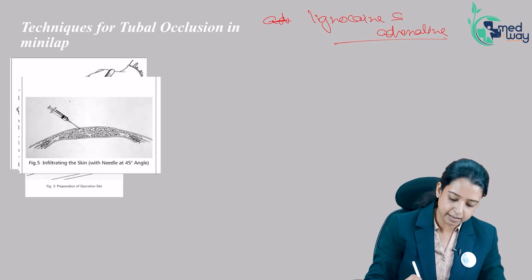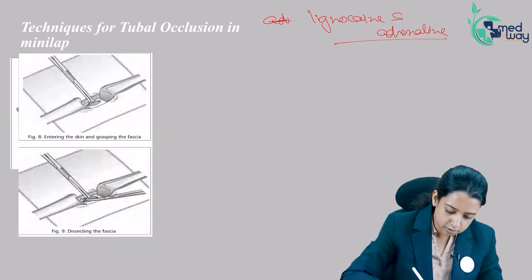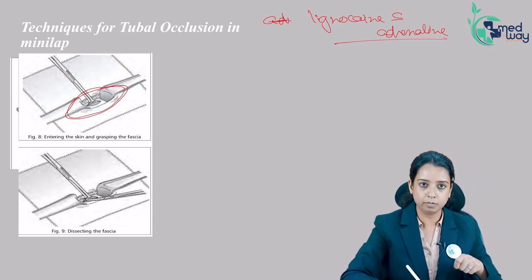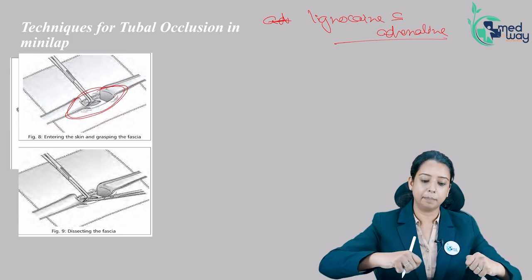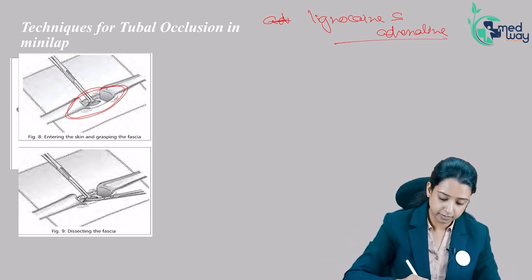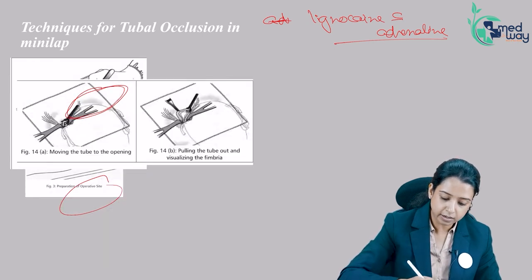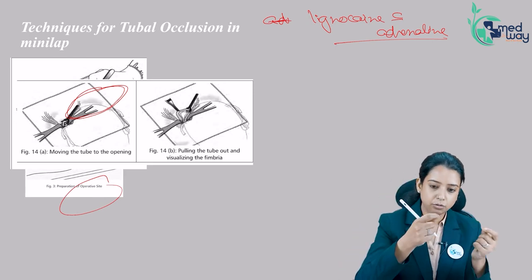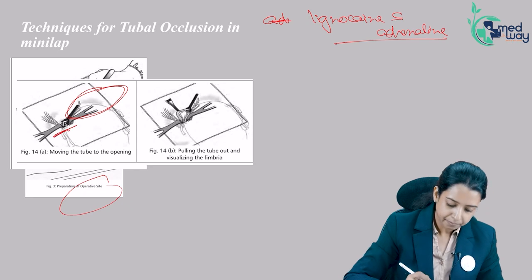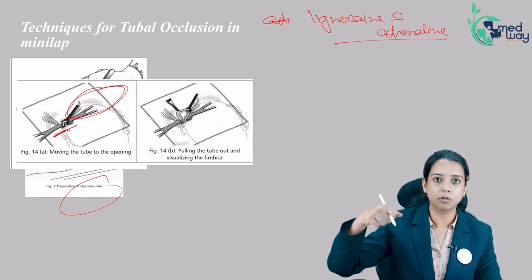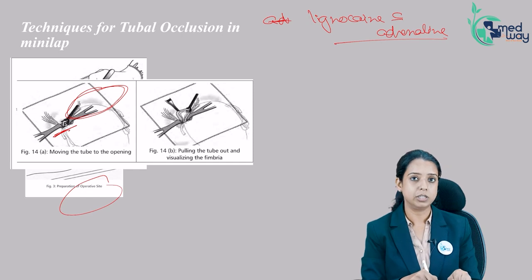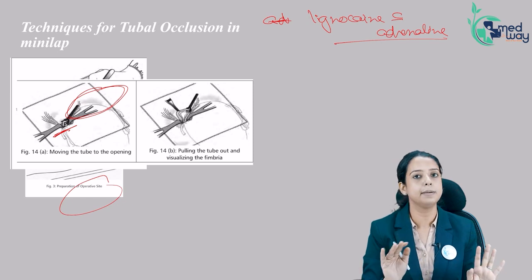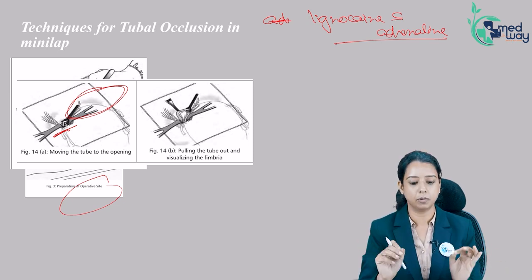You infiltrate the skin and the subcutaneous tissue. Then such a small incision is made, and you retract the walls using Allis forceps, which is a tooth forceps. You pull the skin apart. You find the fascia and dissect it. Like here, you dissect the fascia, and using your finger, you can palpate the thin thread-like structure. As soon as you palpate it, using a Babcock forceps you pull the tube out. You do not use Allis forceps or any tooth forceps, because you do not want to damage it. If it gets damaged and you leave it, it will go inside the abdomen and keep on bleeding. So a non-damaging forceps, Babcock forceps, is used.